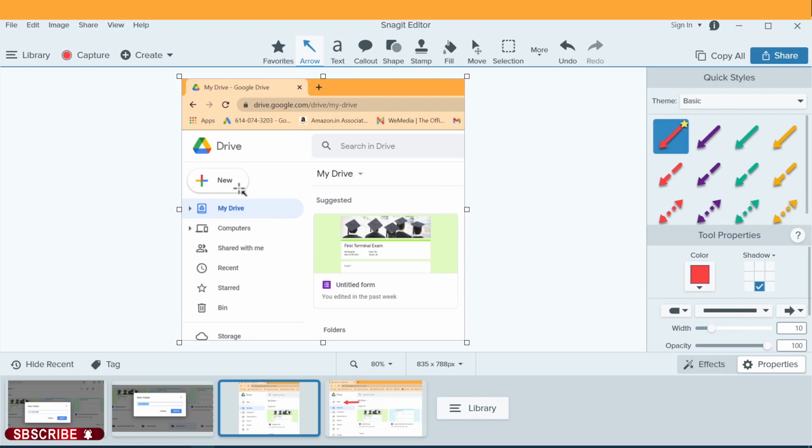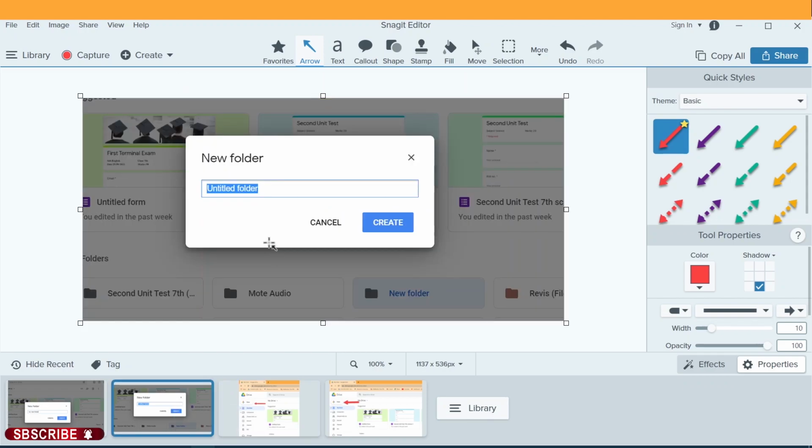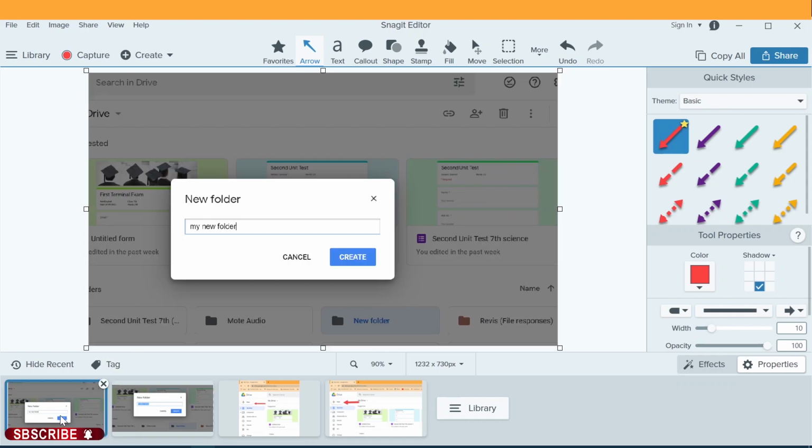So let us do that. Now let us come back to our third image. So this is our third image with an untitled folder, and let us move back to our fourth image. That is, we have renamed this folder as my new folder, and here we are going to show an arrow over create.